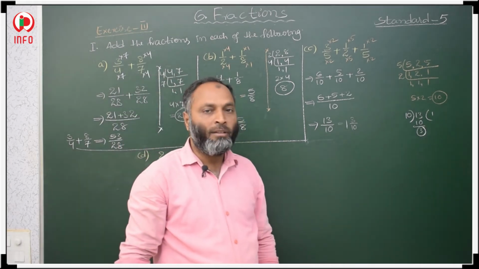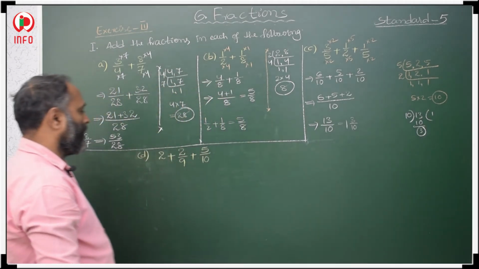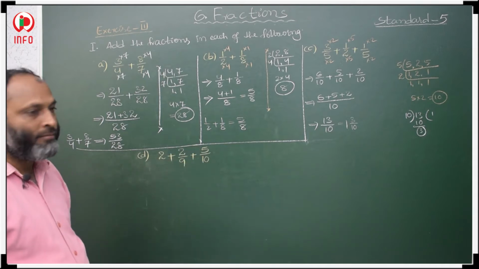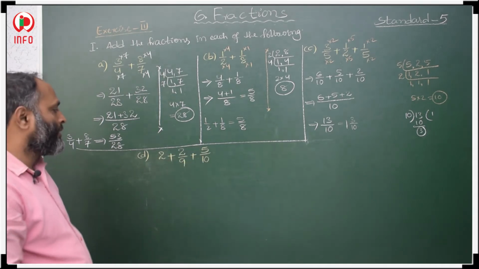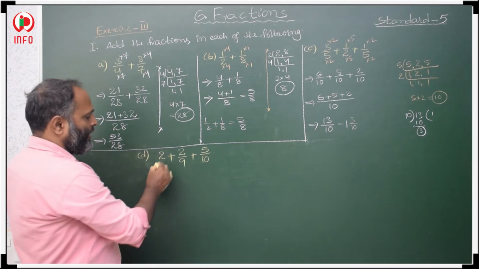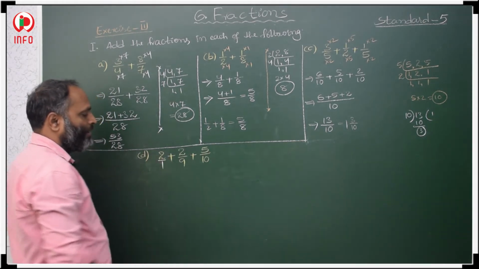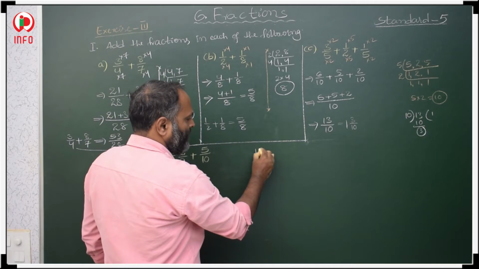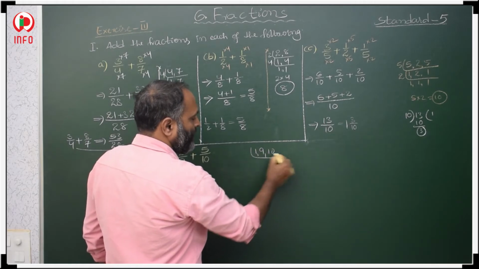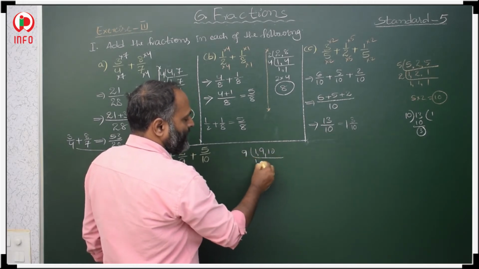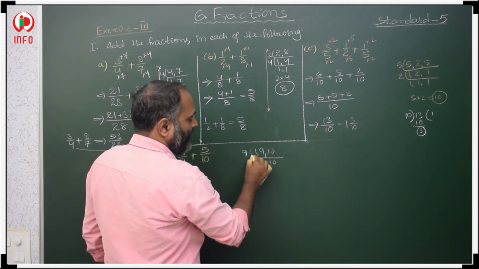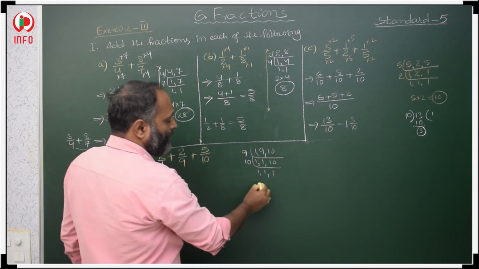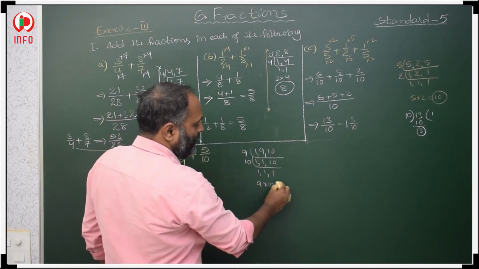add the given fractions. Here, 2 plus 2 by 9 plus 5 by 10. So, we have to do this one. Here there is no denominator for 2, which means 2 by 1 is there. Now, we have to find the LCM of the denominators 1, 9 and 10. So, divisible by 9 first, 1 as it is, 9 ones are 9, 10. Again with 10, 1, 1, 10 ones are 10. Multiply, 9 tens are 90.